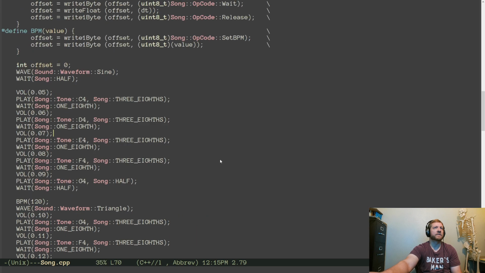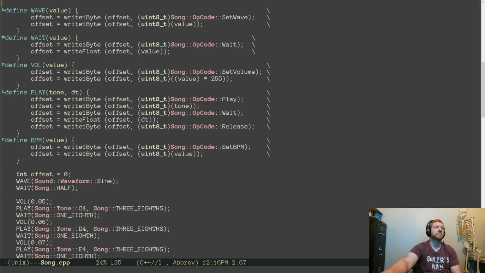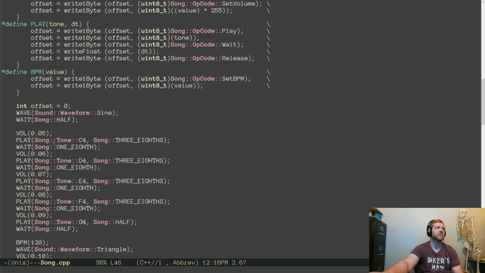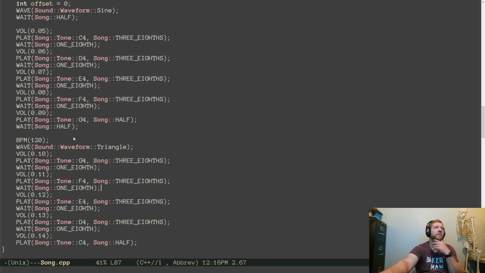And when we have these very simple, basic, primitive instructions wrapped up in some abstraction, we end up with something like this, where we set the volume, we can play a sound for 3/8 of a beat, and then wait for an eighth of a beat, and then increase the volume and do it again, right? So we slowly get louder and louder, and then after we go up the 5-note scale for C major, we can change our beats per minute and change to a triangle waveform, so it'll sound different, and then wind our way back down that scale. And that's where we're at right now,